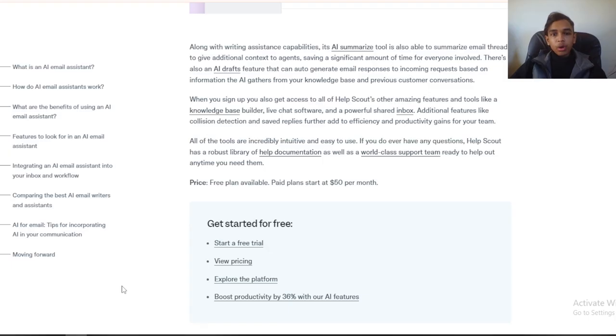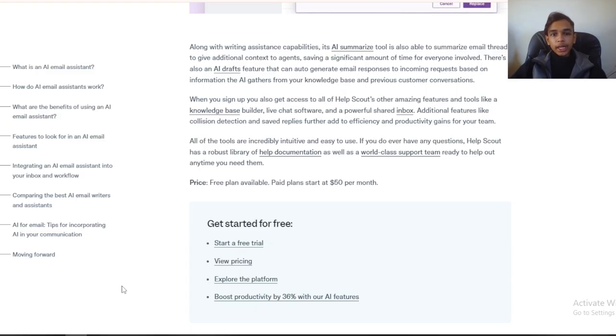When you sign up, you also get access to all of Help Scout's other amazing features and tools like our knowledge base builder, live chat software, and a powerful shared inbox. Additional features like collision detection and saved replies further add to efficiency and productivity gains for your team.